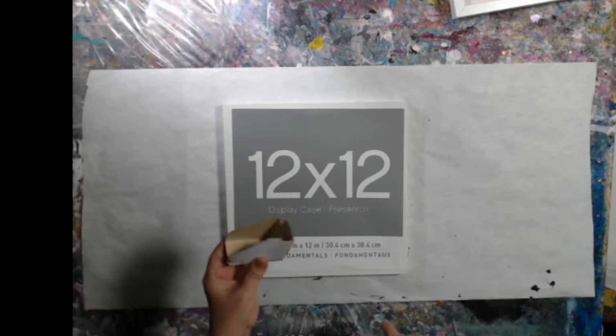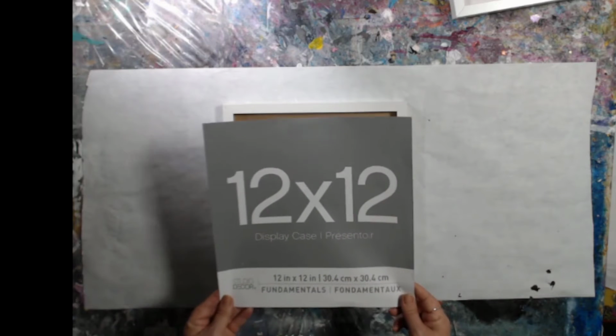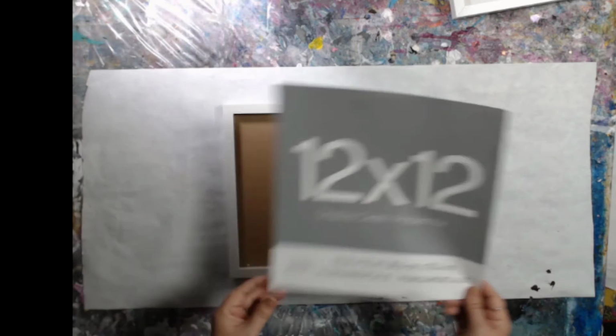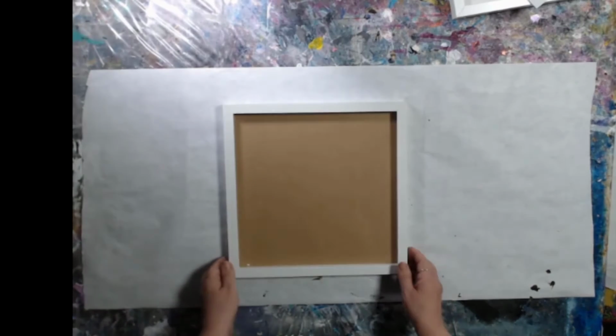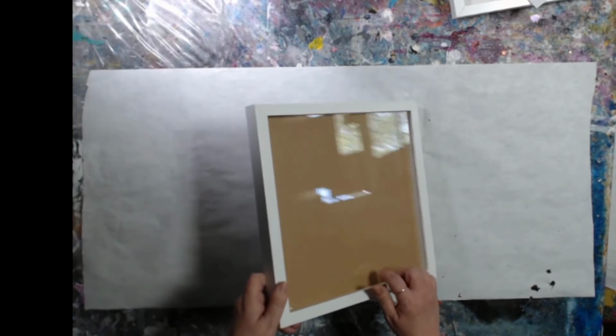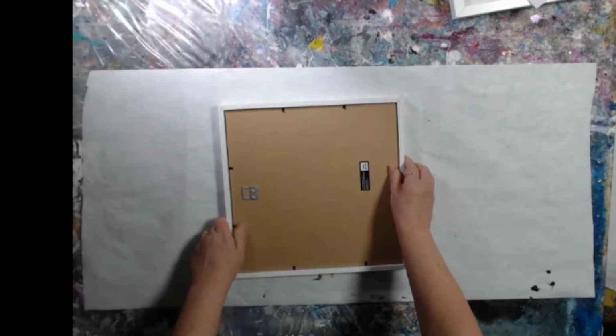By the way, I save those corners because when I mail out art, it's really great to grab those and put them in the corner of your art. So that's the Studio Decor frame that I used for this particular project. I just turned it over. It does have glass on it, and there is a space in there that you can put